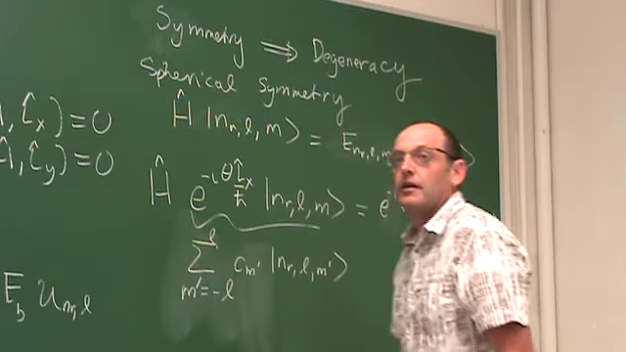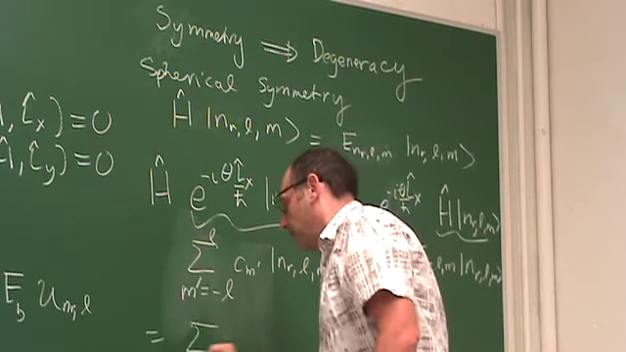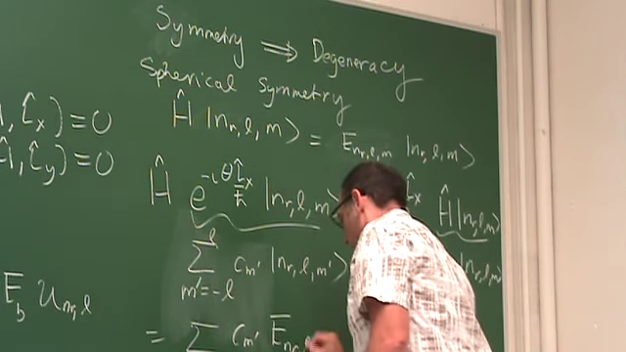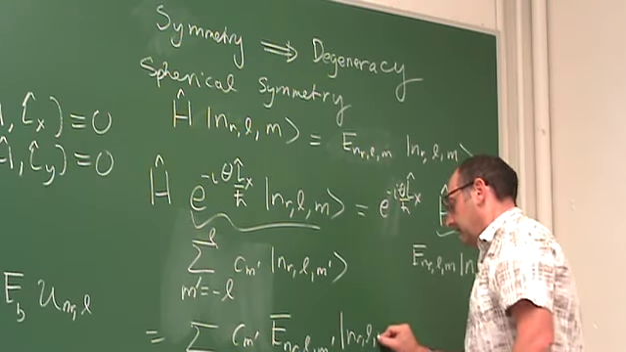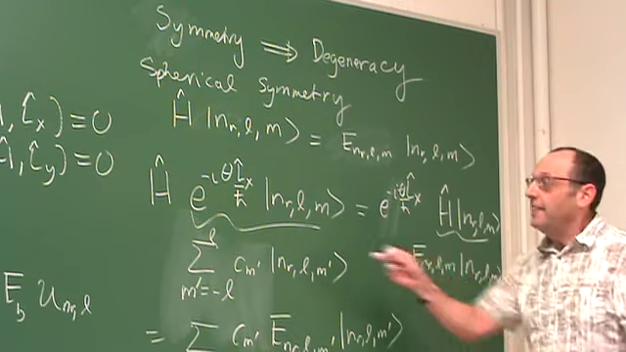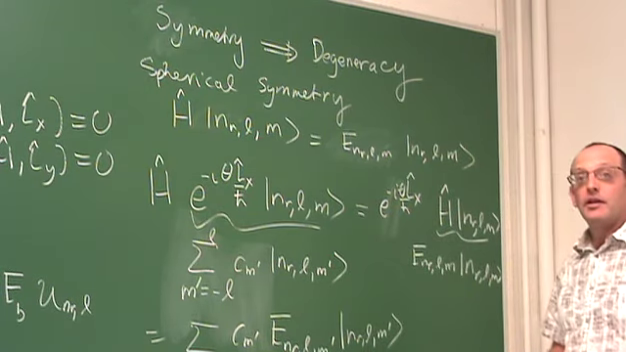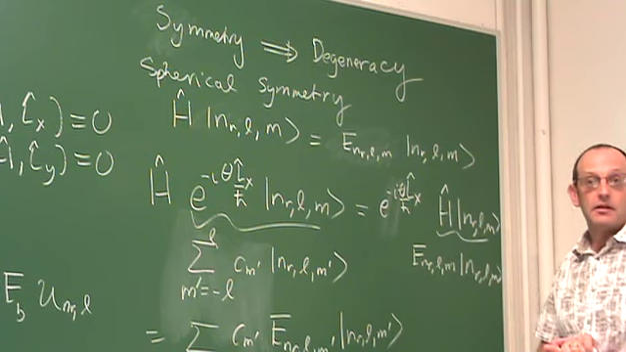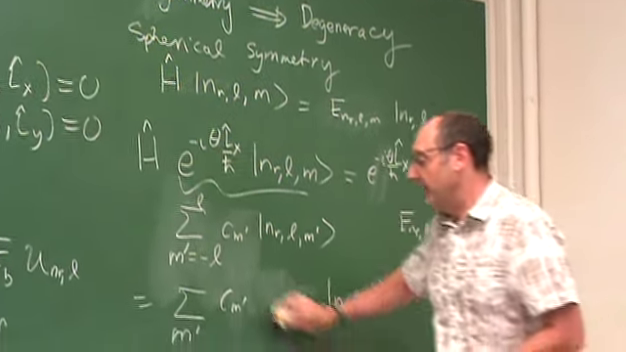prime. And H is a linear operator, so it can move through this sum, in which case I get the sum over n prime, C sub n prime, E sub n, R, L n prime, times the states. And since these have to equal one another, and this is true for an arbitrary theta, the only way that could be possible is if the energy eigenvalue is independent of n. Is that clear? Do you buy that? This has to be able to be factored out of the sum in such a way that at the end of the day,